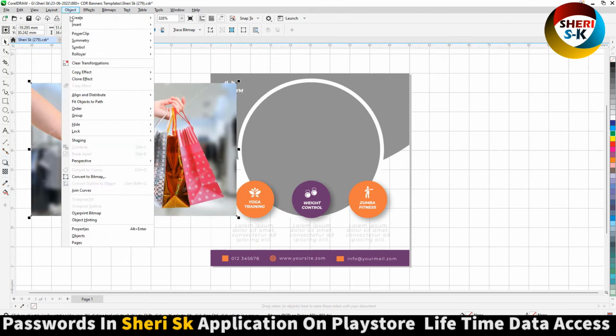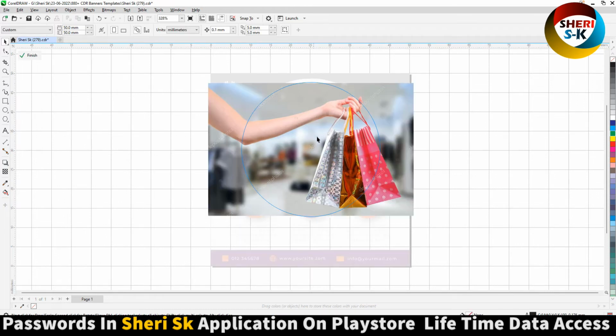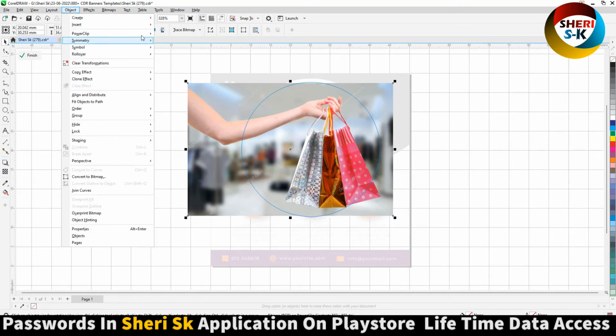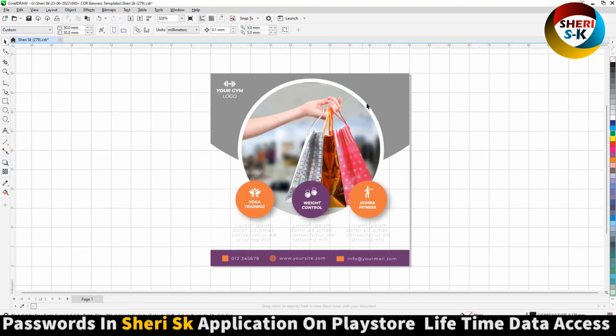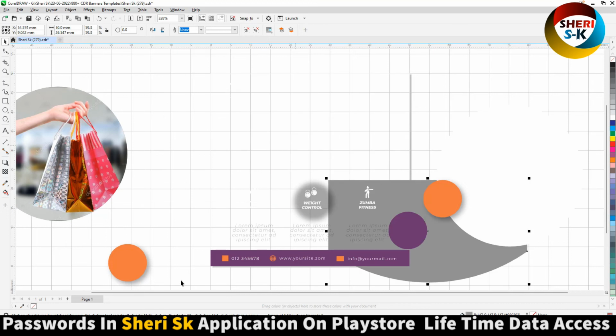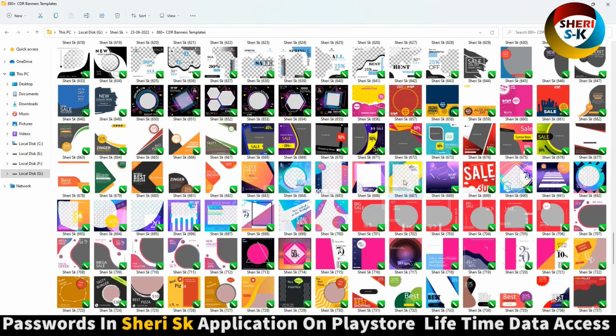Okay, go to Object, here our image is here. Okay, finish here. Same thing here, write anything, move anywhere. Okay, you see total files is